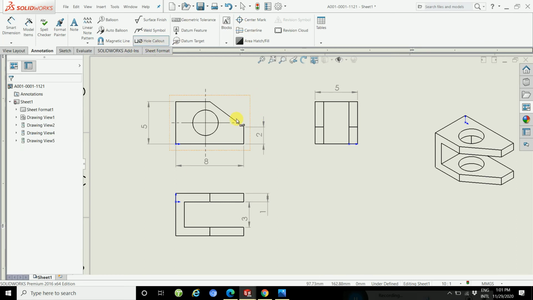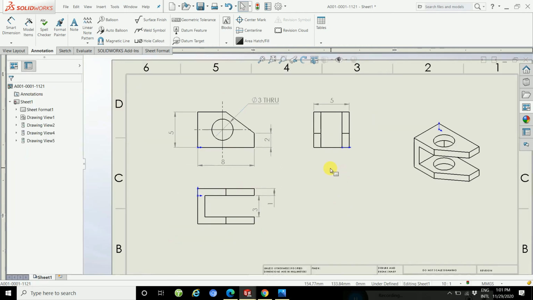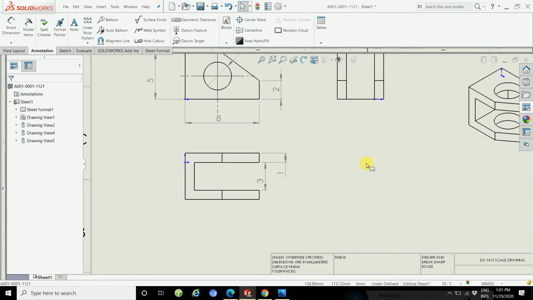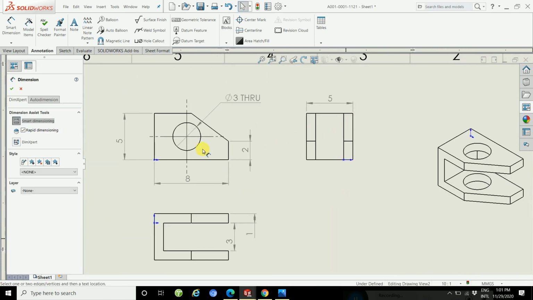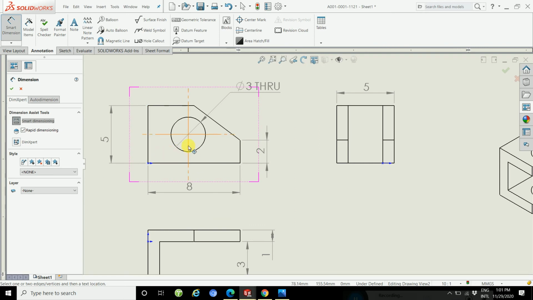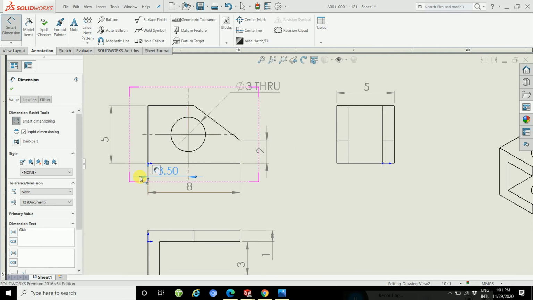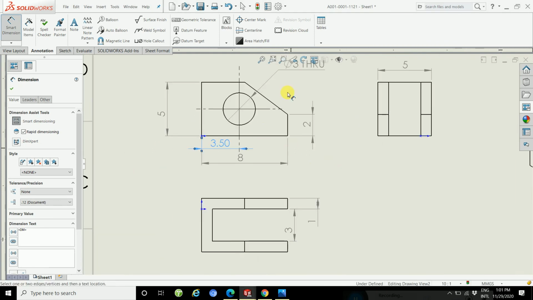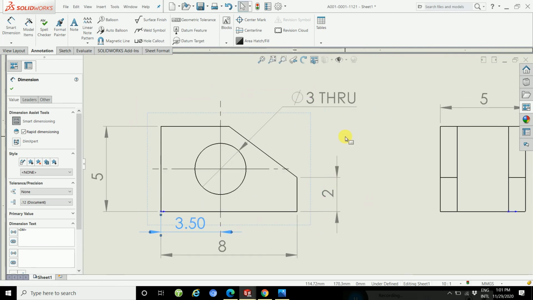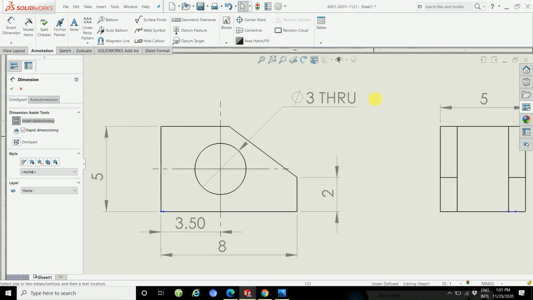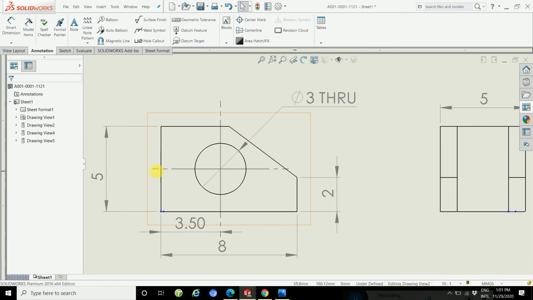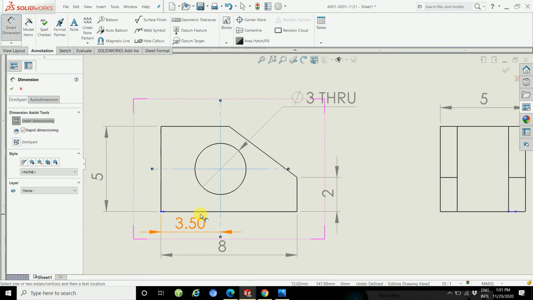And then hole 3 throughout. And then hole 3.5. You can easily apply a smart dimension here. Okay. 2.5.